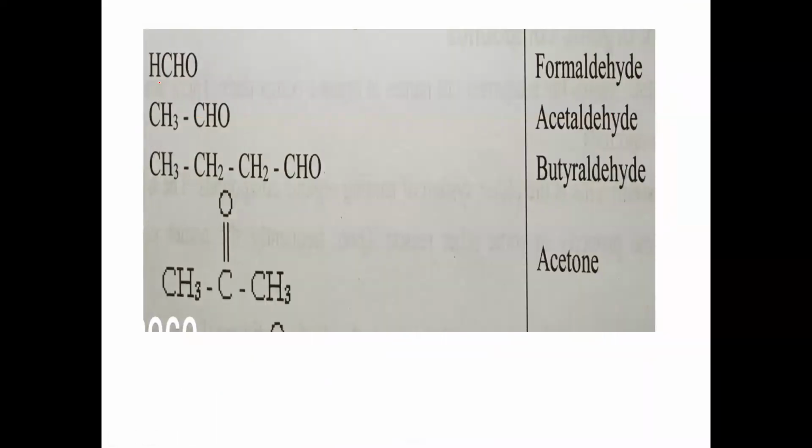Yeah, next one. So in this given structure here, how many carbons can we see? Only 1 carbon we can see. And oxygen is bivalent, that means keep a double bond with oxygen. And 2 hydrogen atoms, each hydrogen should form a single bond. So one single bond with hydrogen, another single bond with hydrogen. So what is the structure of this now? HCHO.